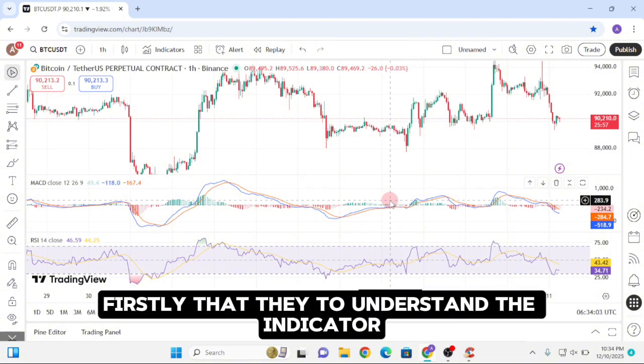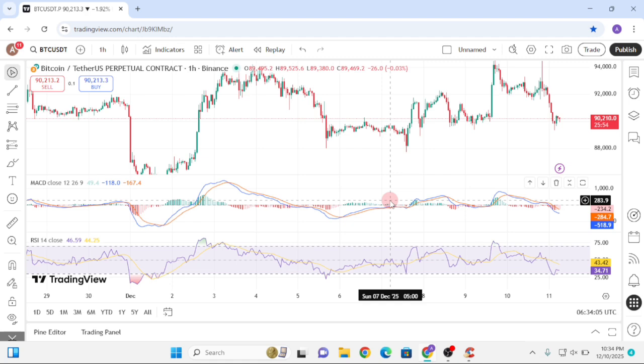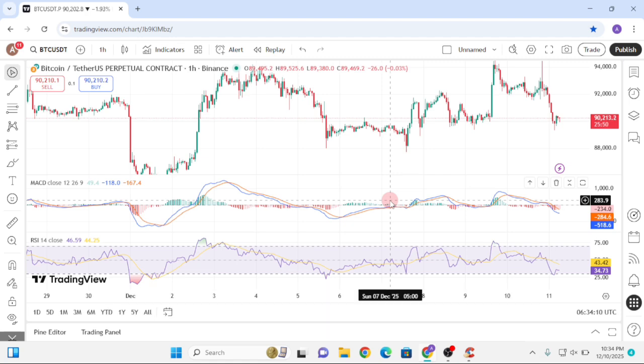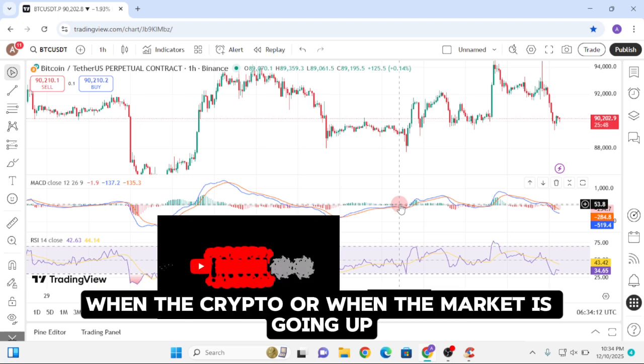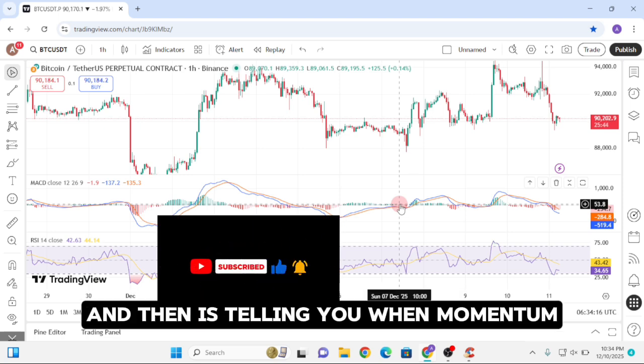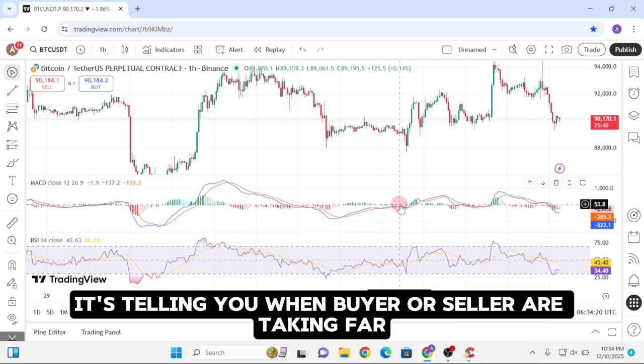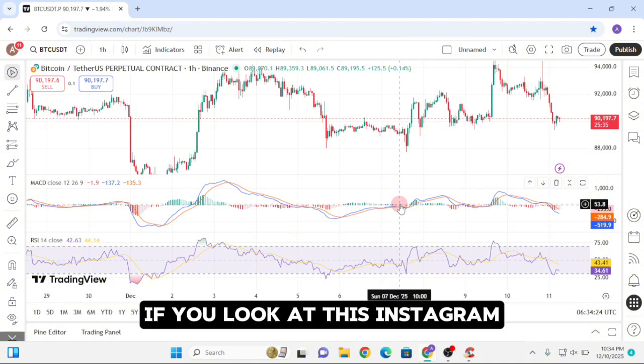Firstly, to understand the indicator, MACD tells you when momentum is going up. This line is telling you when the market is going up, and it's also telling you when momentum is coming back down. Thirdly, it's telling you when buyers or sellers are taking over. If you look at this histogram